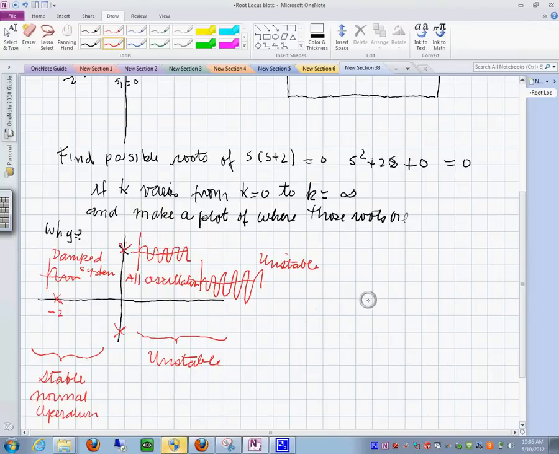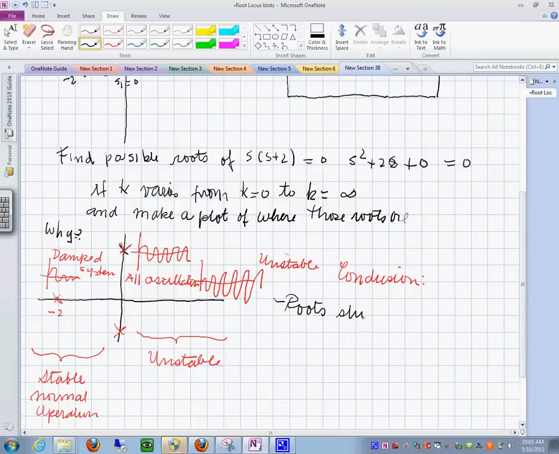So you could say, conclusion, for a normal stable system, the roots at all times